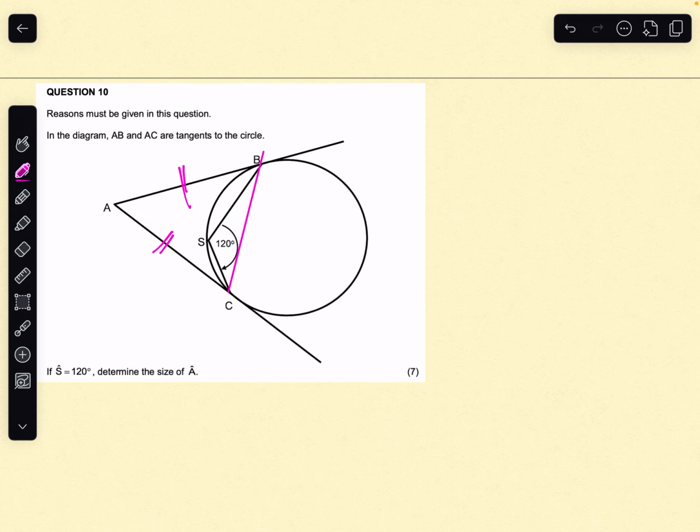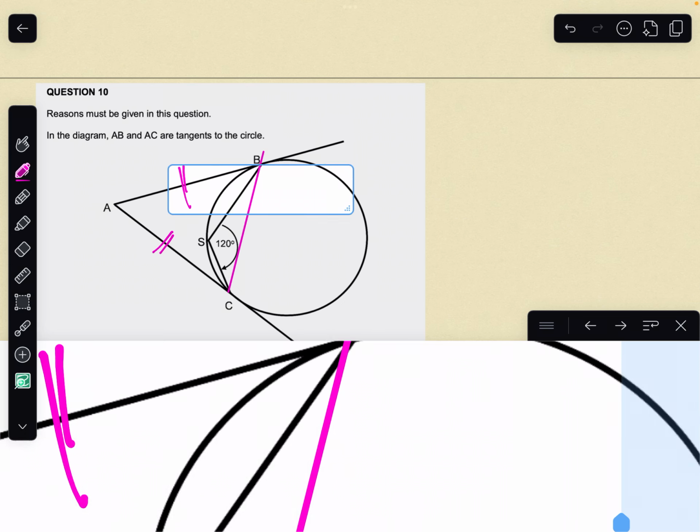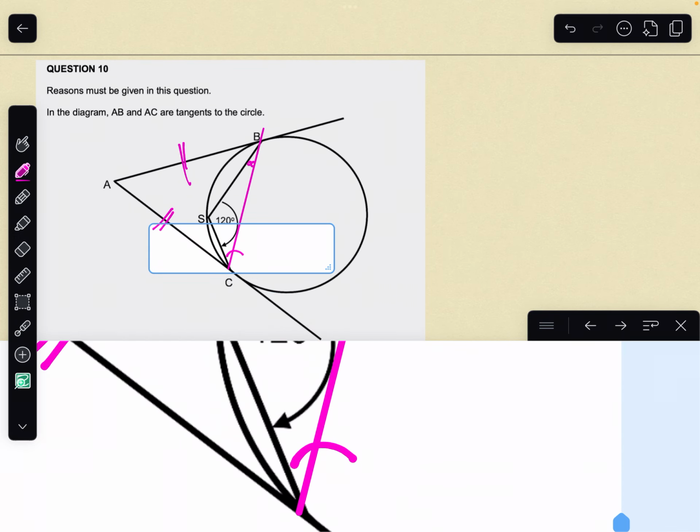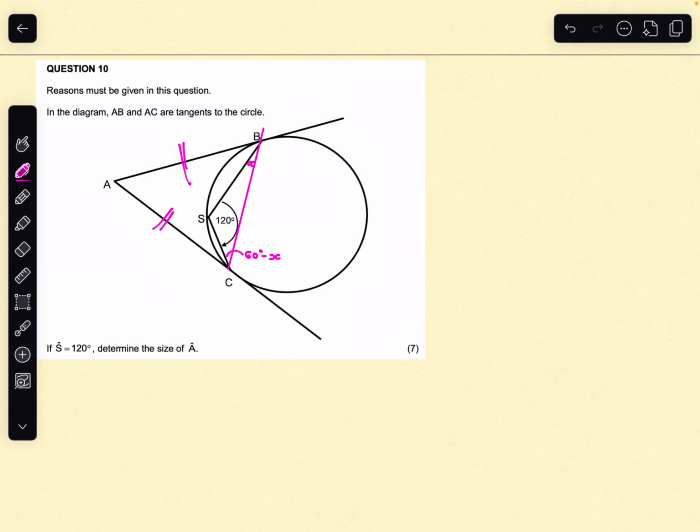And let's say, for example, that this is x, then we know that this angle will be 60 minus x. Reason being, if this angle is 120, then these two angles must add up to 60, so that we have 180. And then